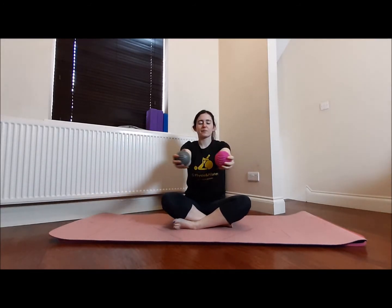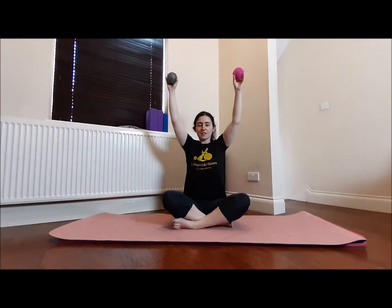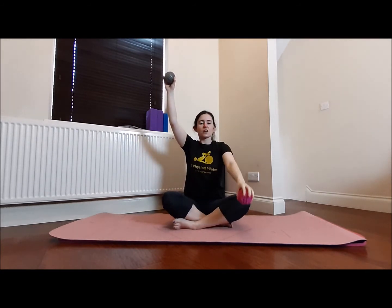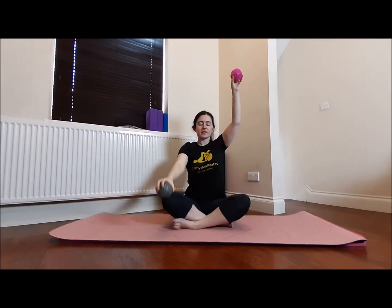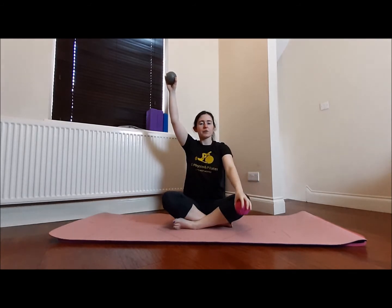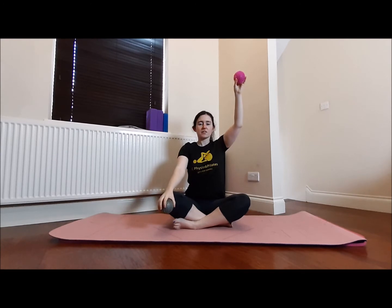Perfect. This time we're going to leave the arms up. Remember, I want 10 reps of that from you, but this time the palms are facing you. Relax those shoulders, no shoulder tensing. You can have your left hand going down, lifting back up, right hand back down, lifting back up. We're aiming for about 10, so that'll be 5 on the left, 5 on the right,